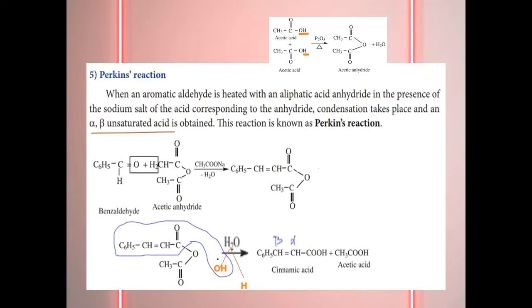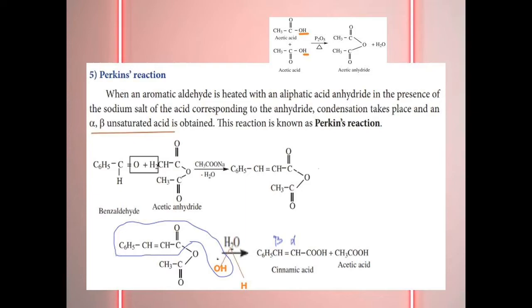That sodium acetate removes water from benzaldehyde and acetic anhydride. Acetic anhydride gives 2 hydrogens and benzaldehyde gives 1 oxygen, so that we get the product on the arrow mark side. Once again, I have written the product downwards. The product is added with water. How can you split the water? OH and H. The OH is added to the remaining compound I indicated in blue color, and the remaining part gives acetic acid. That product is called cinnamic acid.